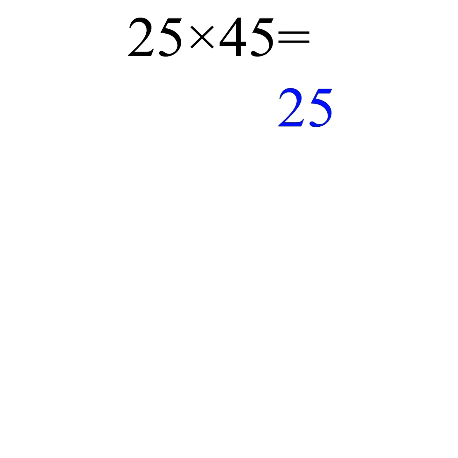Now we take the numbers preceding the 5s, which here are 2 and 4, and we multiply them into each other. So 4 times 2,